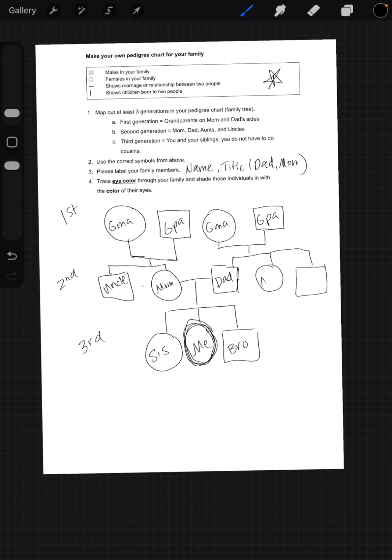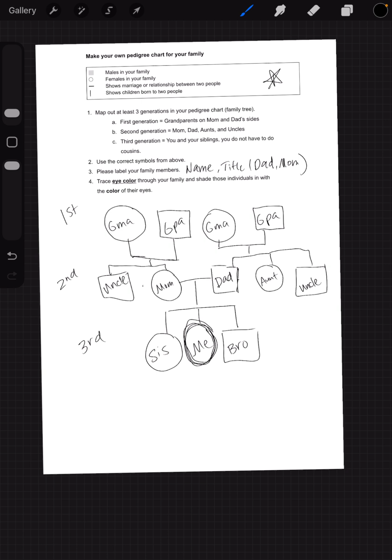So again, this would be aunt and uncle. So then we can see a variety of relationships here. Grandma, grandpa on both sides, mom with a brother, dad with a sister and brother, and then student with siblings as well. If they do not know the person, I would like them to just write the title because that